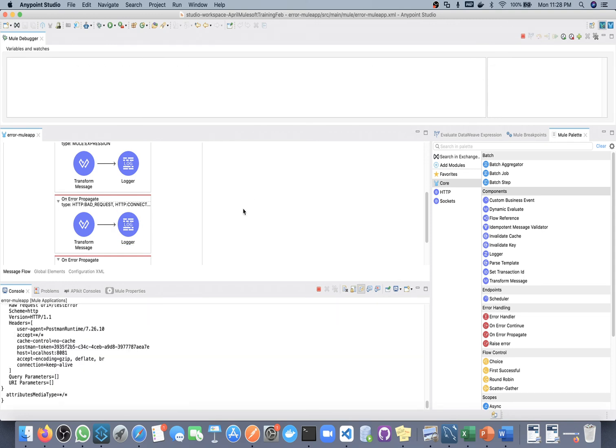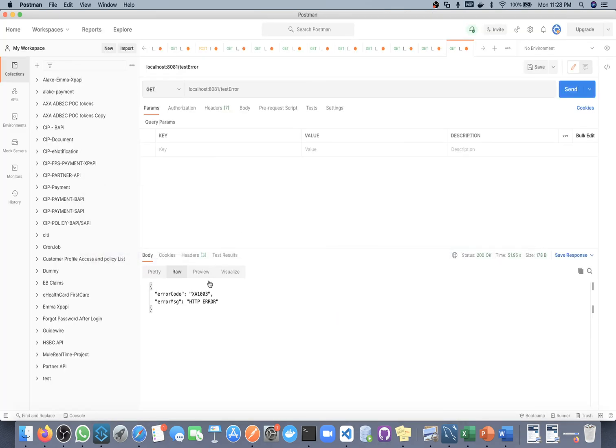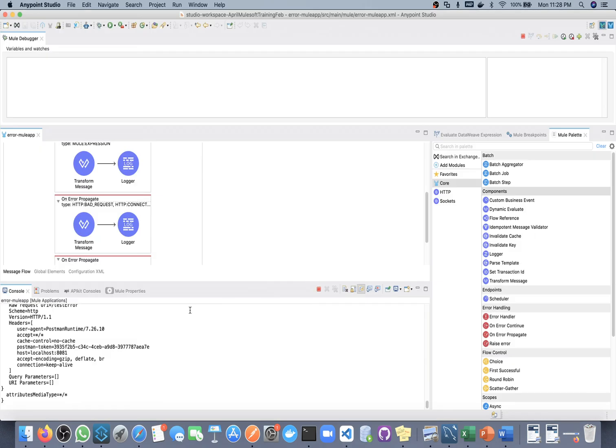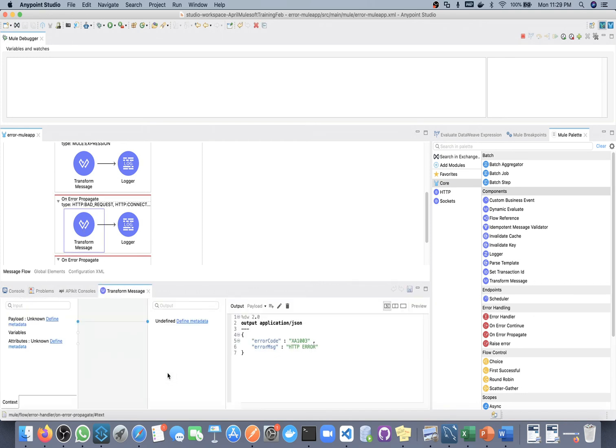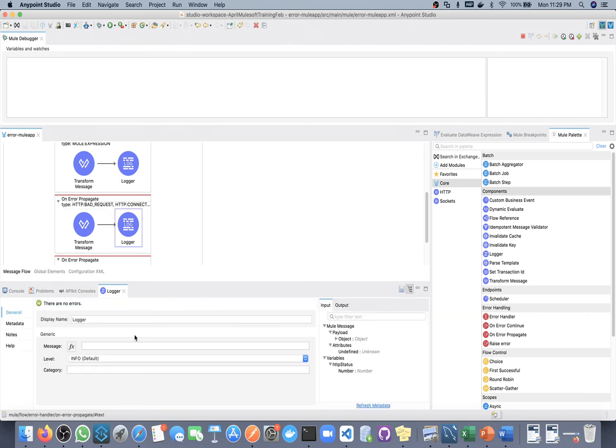Once completed, you can see here we are getting this 1003 HTTP error. 200 we don't want to pass here, since we want to send an error response. Now we are using on error propagate, so here we will pass 500. And in the logger everywhere we will send a message like error.